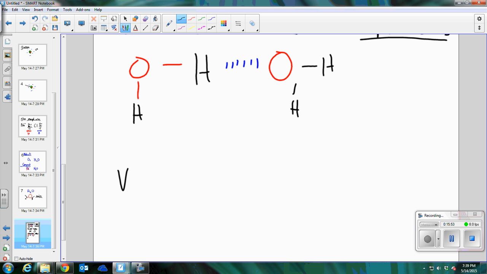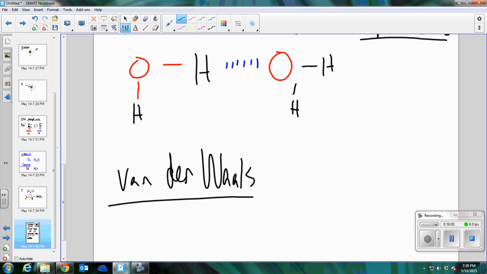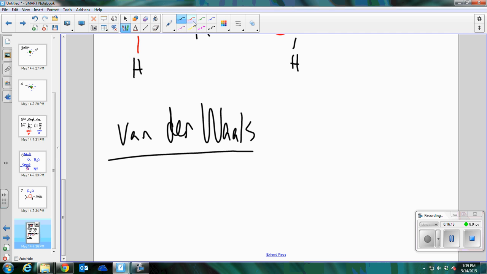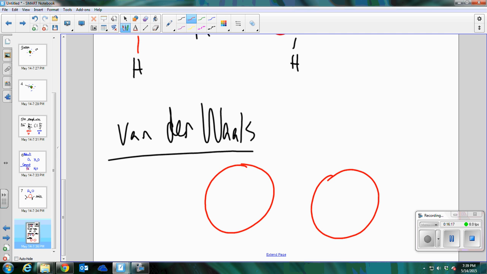And lastly, are bonds called van der Waals forces. And van der Waals forces are just slight attractions between oppositely charged regions of large molecules. So let me give you an example of this. Say we have two large molecules, two big proteins here. And a protein could be thousands of atoms in there. Well, when these two molecules get close to one another,